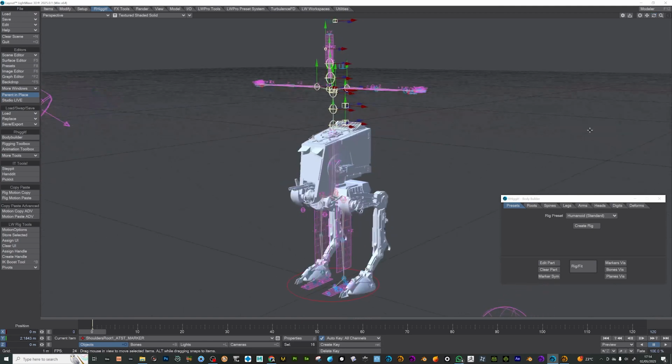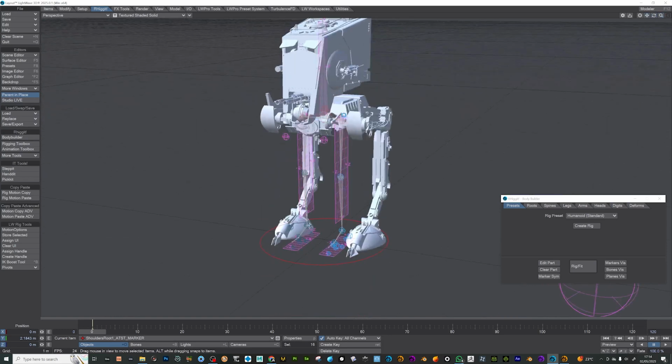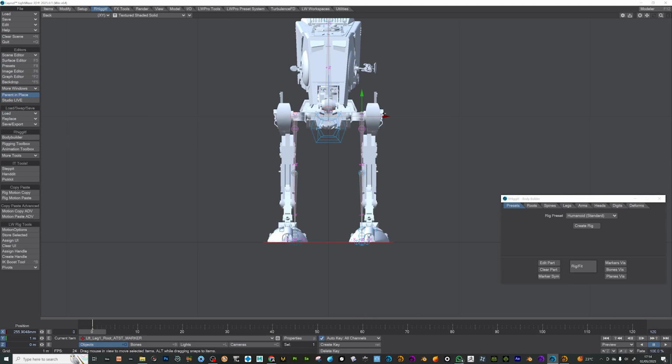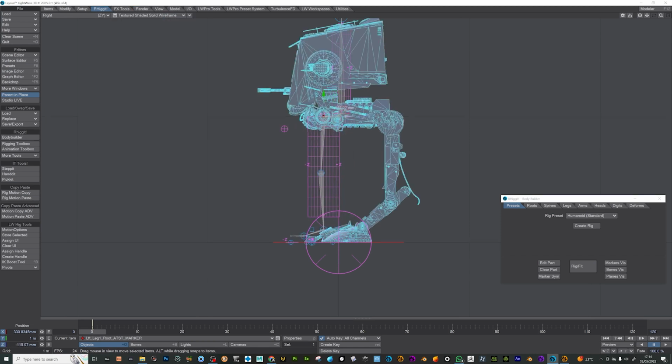Yep, that works. So now we're going to start placing the joints. Very, very easy because there's a mirrored system in here. So if I move the left leg, the right leg follows, so that makes things so much easier. So I'm just going to go in the front view, align that to my leg, side view. So I've shaded solid on here's wireframe so we can see where the joints are. I'm just going to align that with that leg joint and press the down arrow, and now we can just place this one. That's the knee,